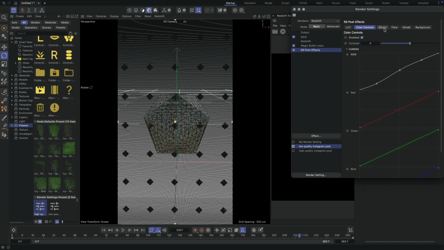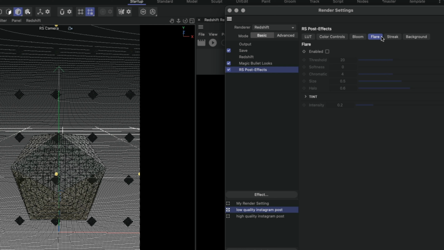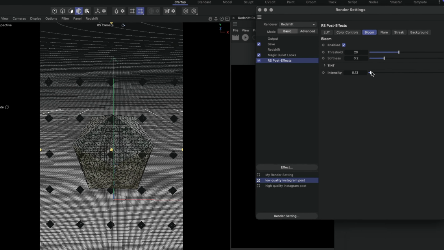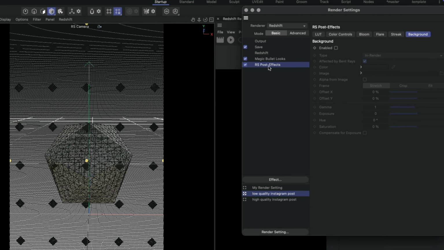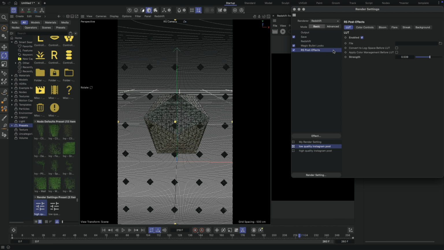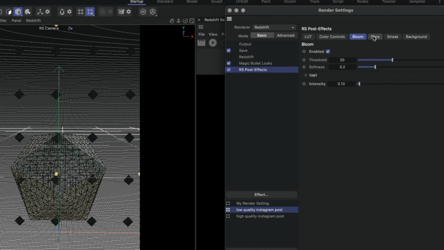What you think the image needs, but you could add some blooming, and it's a bit overkill when you first use it, but if you dial it down quite a bit, you can typically get a good look. Also flaring: if you wanted to add a flare, again, you probably have to lower the intensity because it's quite strong out of the gate, and you can also create a streak. If you wanted to, you can also render a background in post. Those are the post effects settings that I'll typically use. I might add a LUT, I will usually add an S curve to the RGB curve, and I might add some blooming, but very subtly. And so that's the export functions that I use for rendering in Cinema 4D